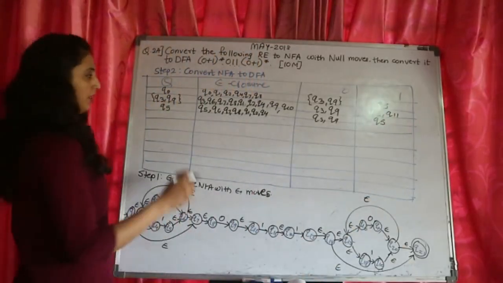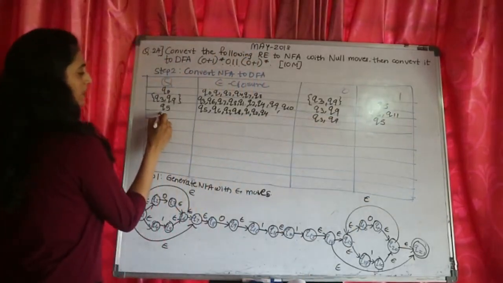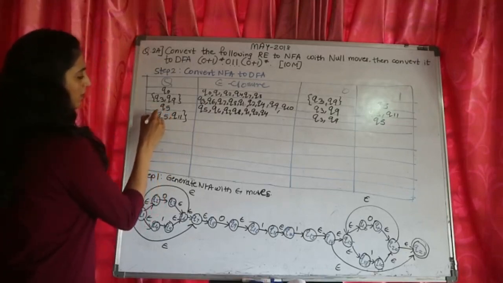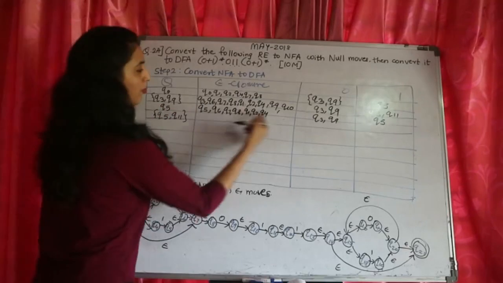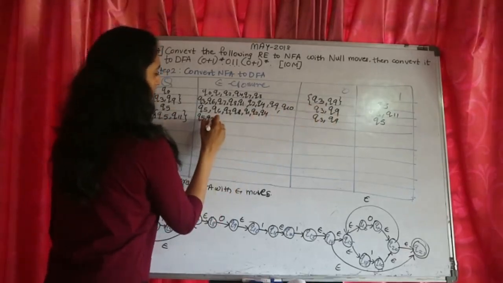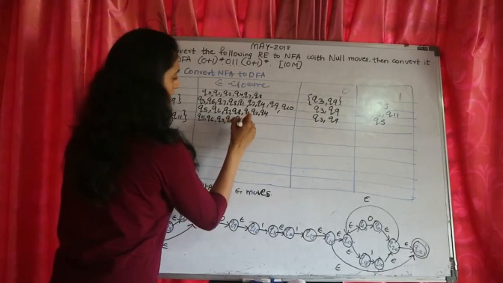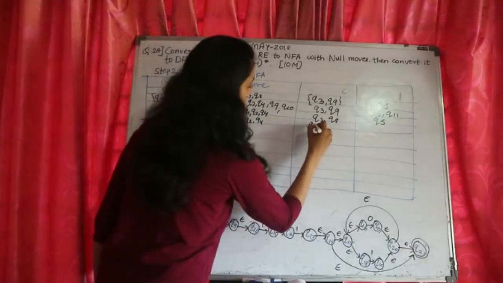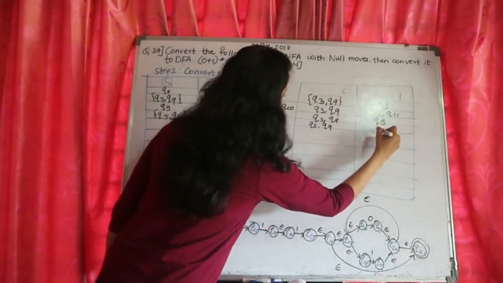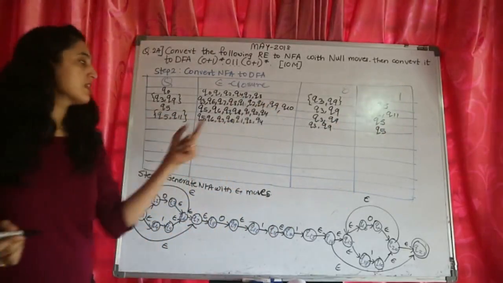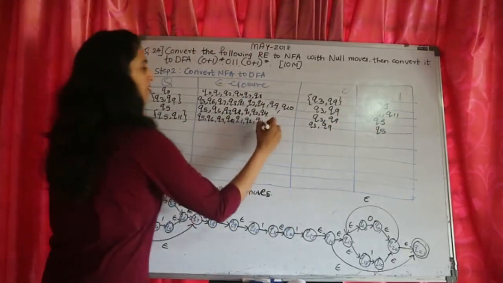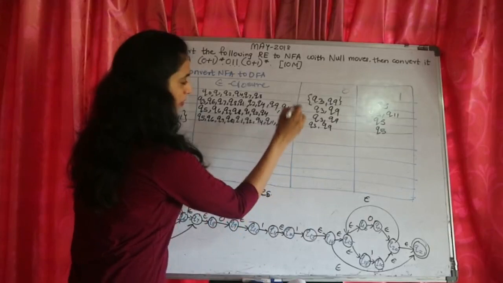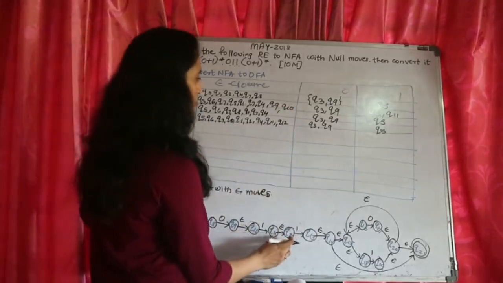Okay. So now I'll write down this state which I have found, that is Q5 and Q11. For Q5 I'll copy the entire values: Q1, Q2, Q4, Q3, Q9, and this is Q5. This entire thing I'll copy for 5 as it is. Now I'll just add for 11. For 11 the epsilon closure is Q11 itself, and after 11, on epsilon it goes to Q12. Okay, and 12 is done.